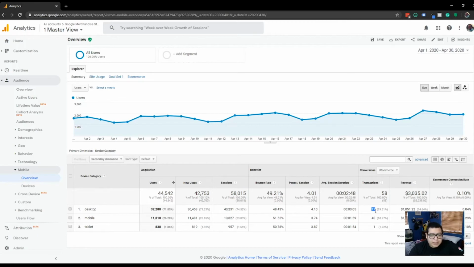Desktop has about 17 transactions, but also the highest user base. So we know we have a lot of users coming from desktop, but only 17 transactions, compared to mobile, where they have 11,000 users, which is a third of desktop users, but almost 2 times more transactions than the desktop users. So already we can tell our conversion rate is going to be an extreme difference, and it shows right here: 0.04% compared to